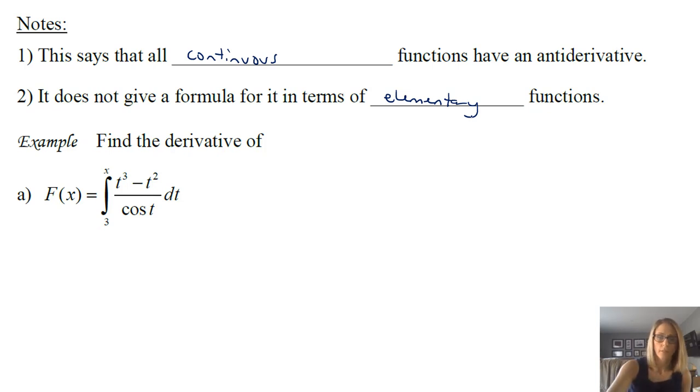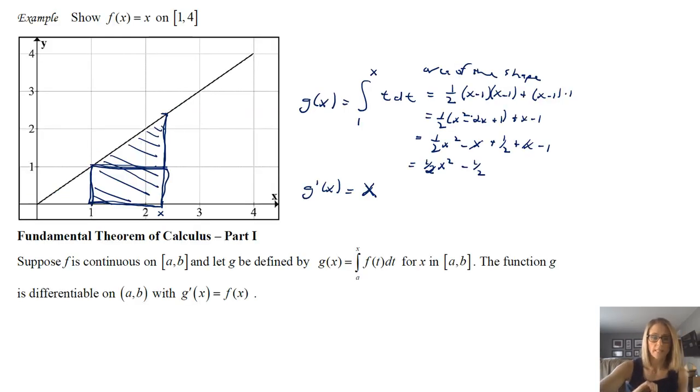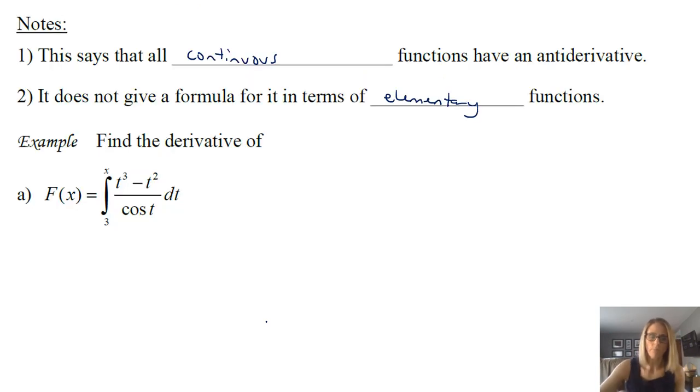So if we go back to the fundamental theorem, it says if you have f being continuous on some interval, and you have this g defined by this integral, then you can differentiate g. But the big thing to understand about the fundamental theorem is that g prime of x is just f of x. It is the function inside the integral using the variable x in this case, if your area function is g of x.